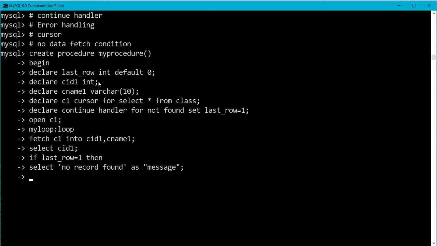And yes, we need to specify the leave loop statement. So here leave my loop, end of the if construct, and end of the loop, end loop my loop.